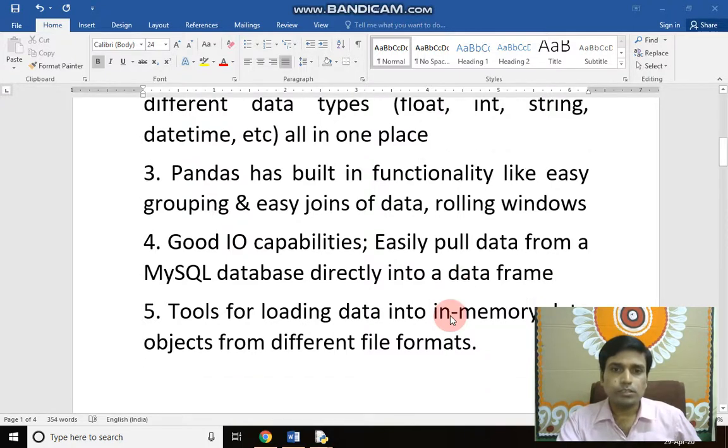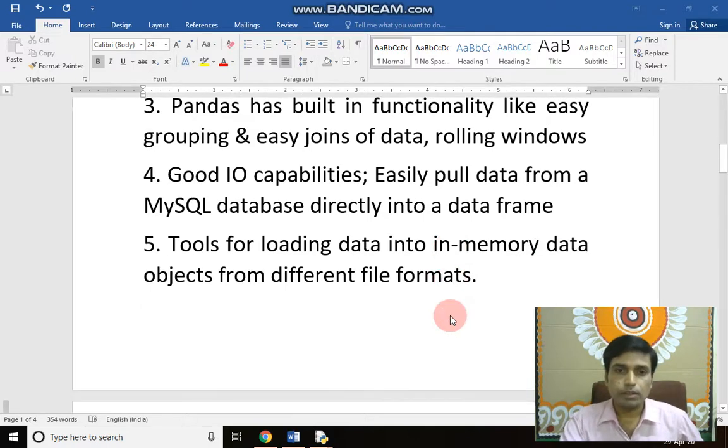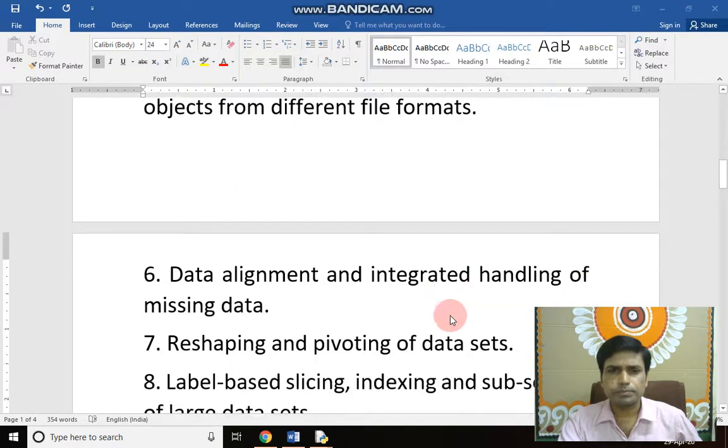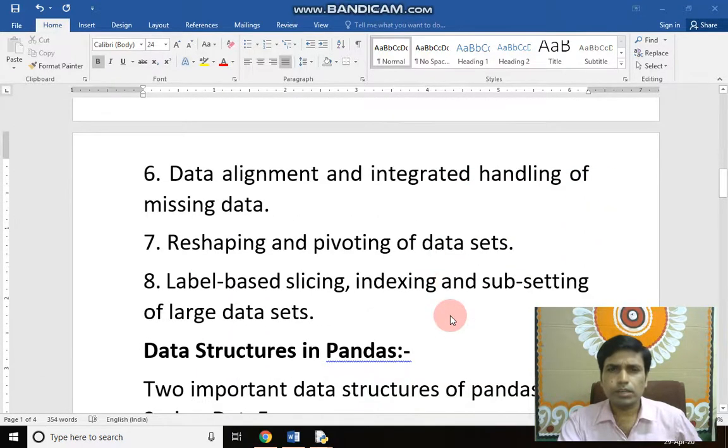Fourth is good I/O capabilities, input-output capabilities: easily pull data from a MySQL database directly into a DataFrame. Tools for loading data into in-memory data objects from different file formats. Data alignment and integrated handling of missing data.